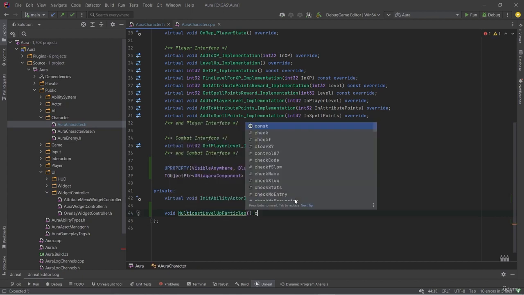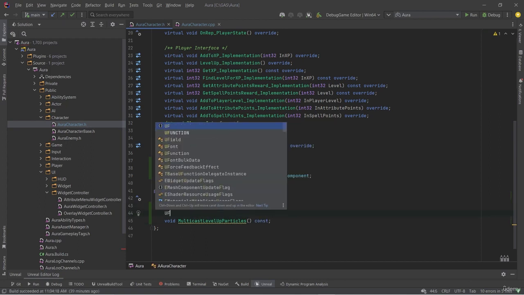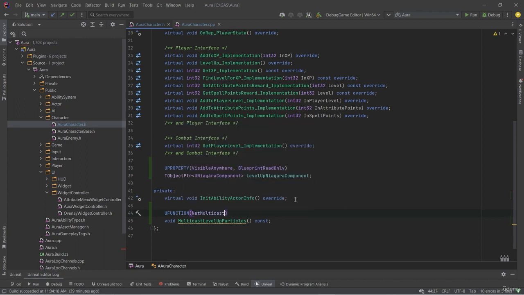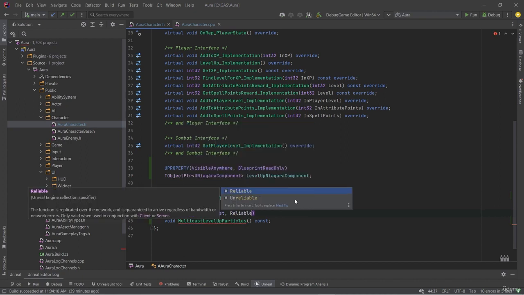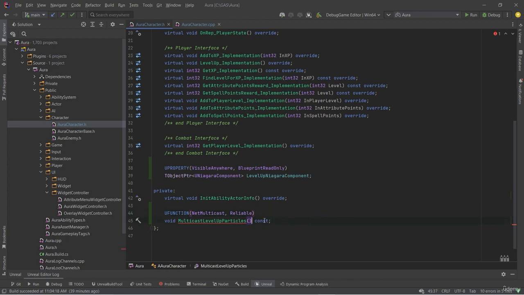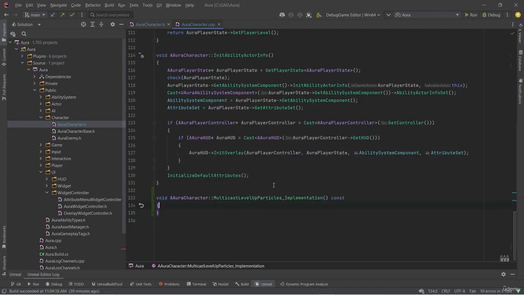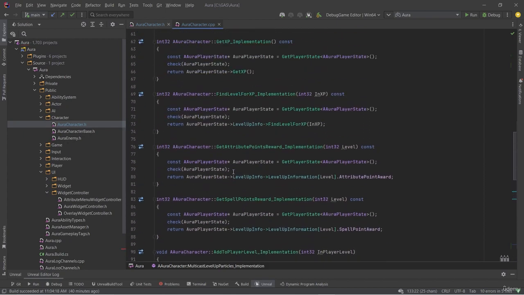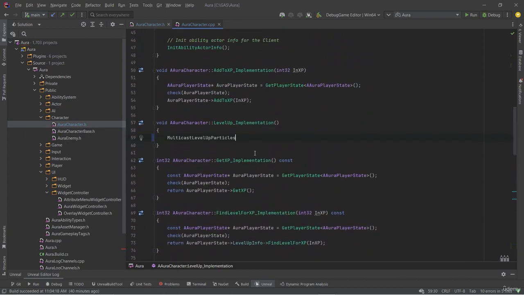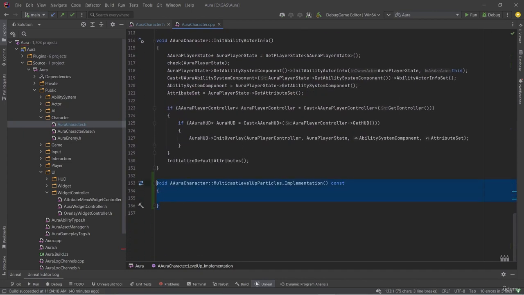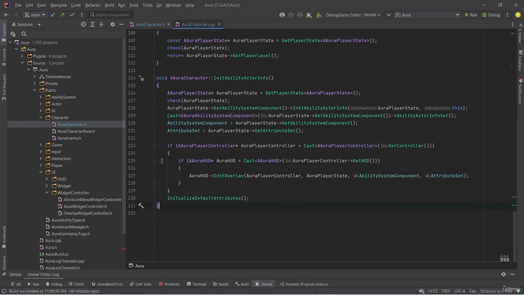And it can be a const function, and we'll make it a UFUNCTION with NetMulticast, Reliable. You can make it unreliable, but I'd like it to be reliable. I'm going to generate a definition, and it has to have _Implementation in it. And we're going to call this MulticastLevelUpParticles in our implementation of the level up function right here, LevelUp_Implementation. We'll just call our net multicast, and we'll handle this here in the net multicast, which I'm going to cut and move up